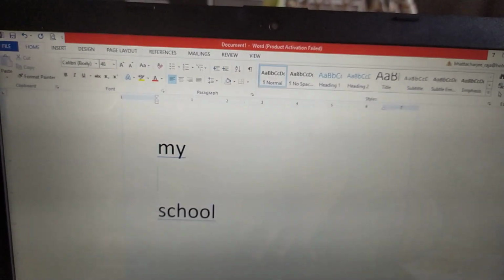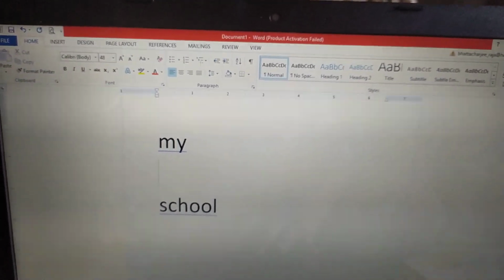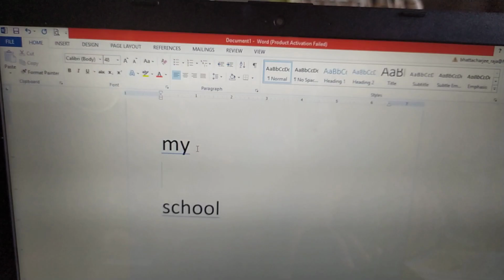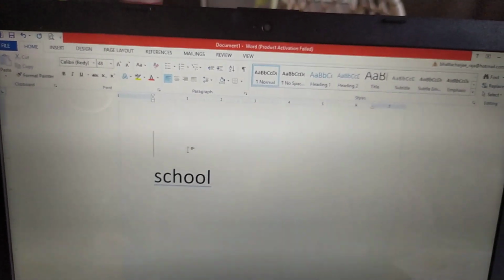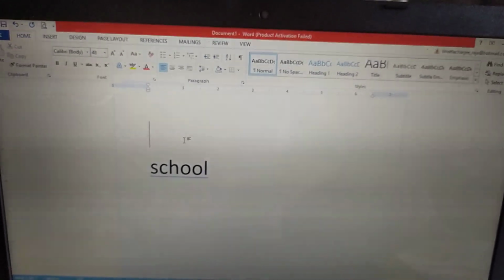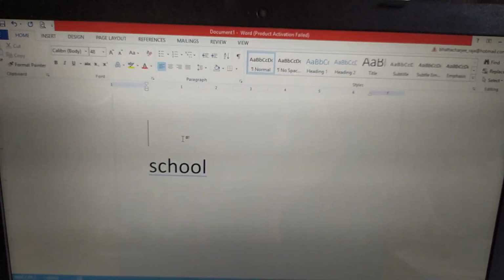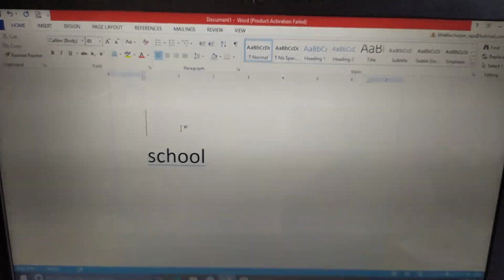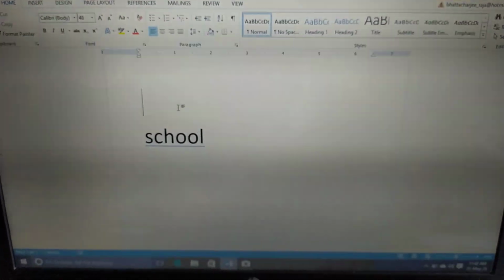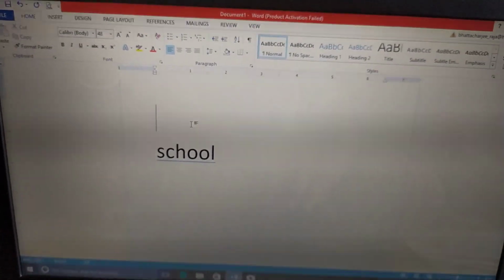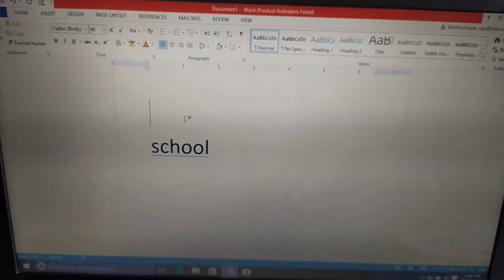If you want to delete a particular word, we can use Ctrl plus backspace to delete a particular word. And if we want to delete a particular character, we use only the delete key or the backspace key, either for the right side of the character deleting or the left side of the character deleting. Okay.